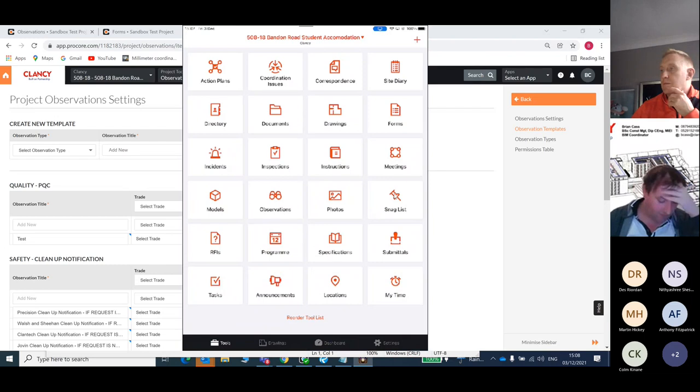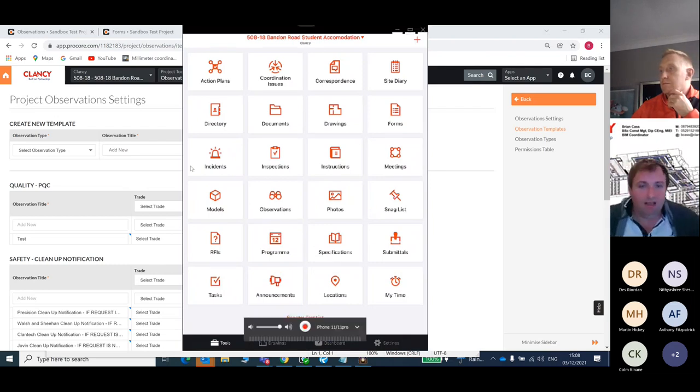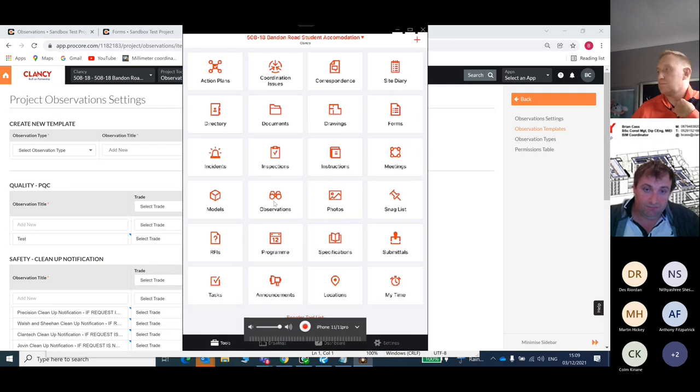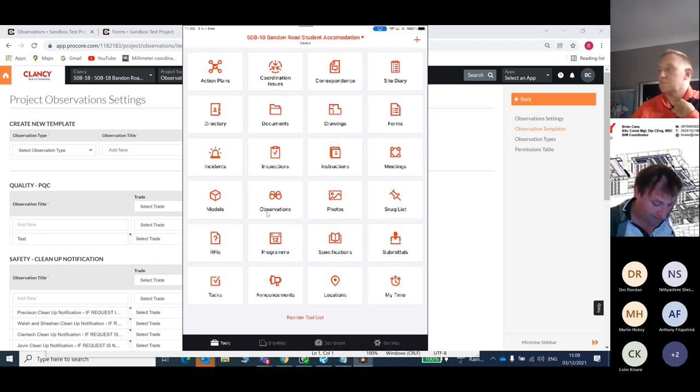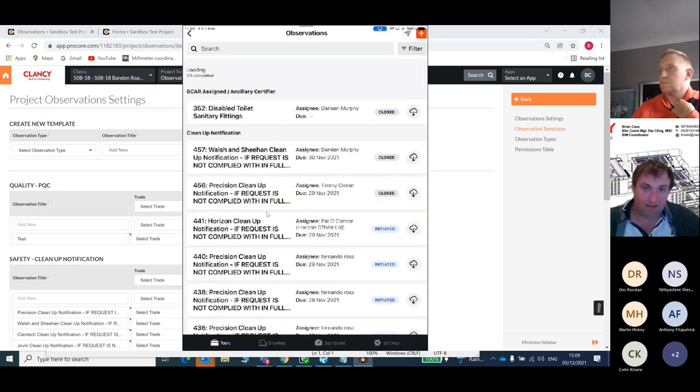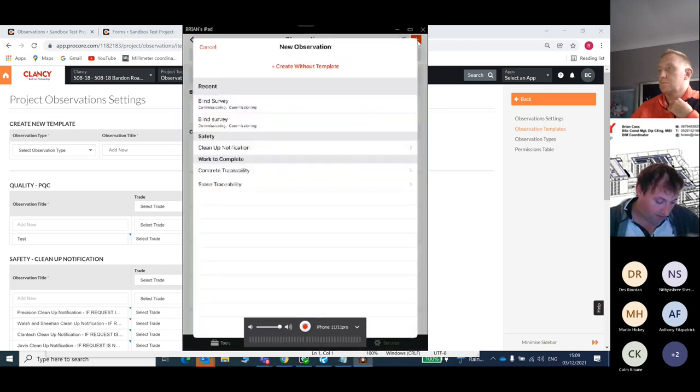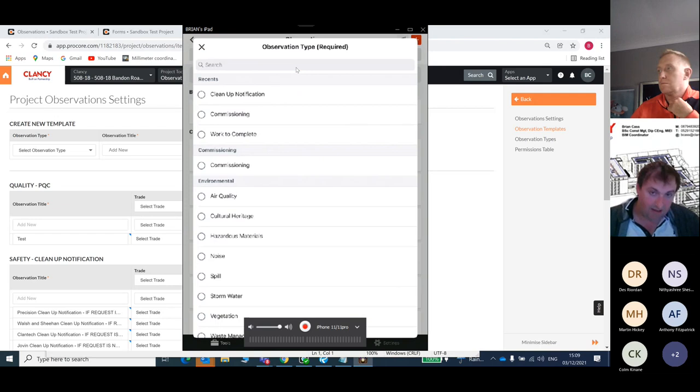So I'm going into the Banner Road project again, for instance, and so there's the observations tool. Now you can do this again a couple of ways. I mean, the real basic way, if you hadn't set up your templates, you can just go in, click observation, press the plus button up in the top corner, and then you go create without template,